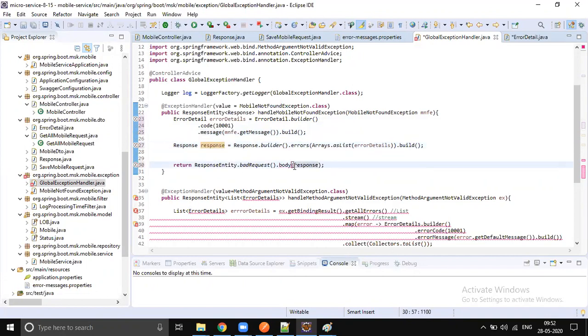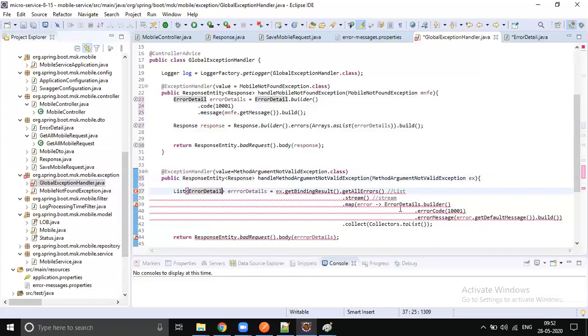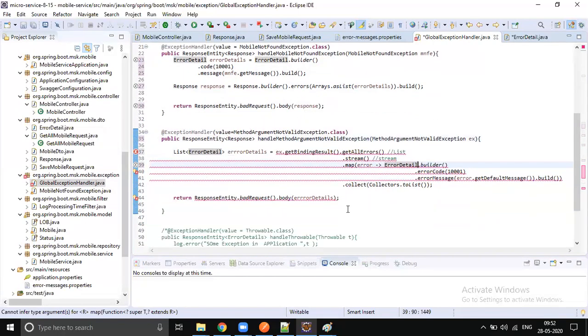There we go. Let's do the same kind of changes here also. It's going to be response entity of response. Fine. And it's error detail and create error detail. Good.